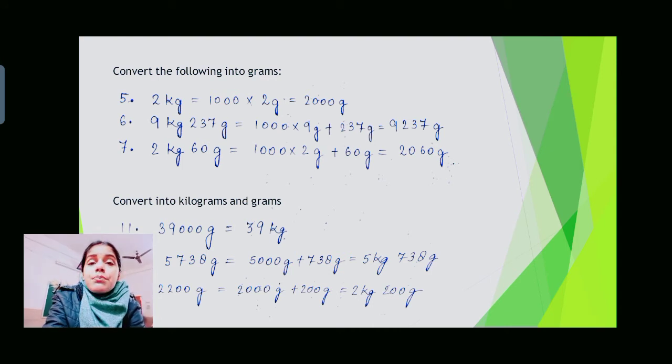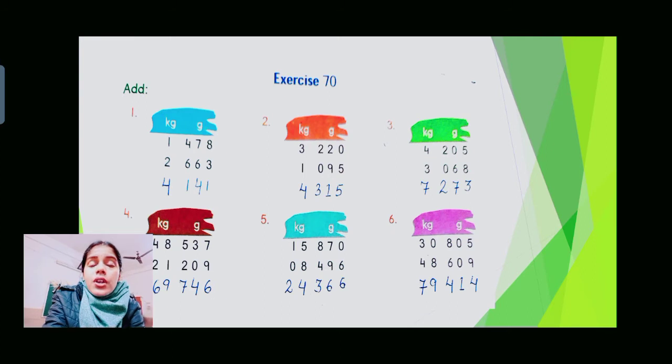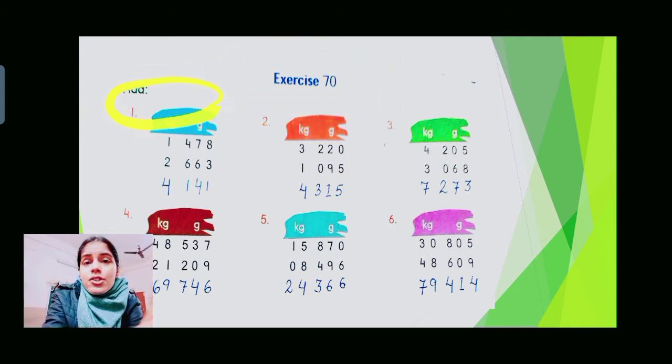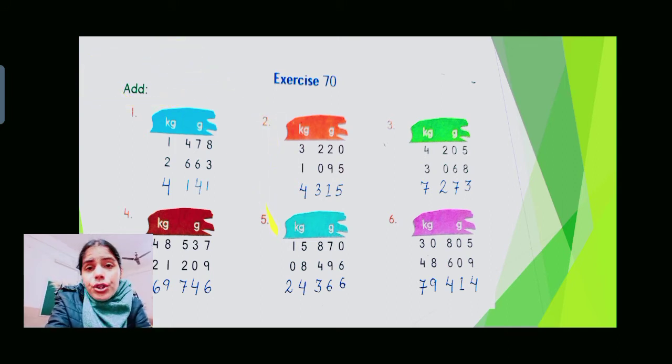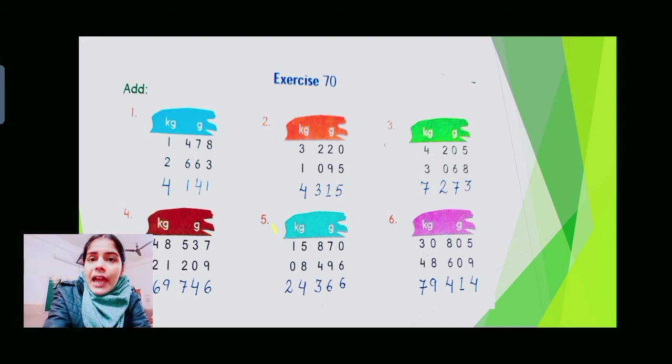and kilogram into gram as well. Now do the oral section by yourself in the book only. Now at your screen you can clearly see this is written exercise 7.0. Add. See, all the questions, the way you were doing in the previous chapters, the way you were doing the questions of addition, nowhere do you have to change the process. The process is very same.